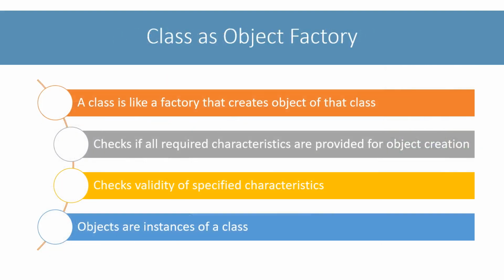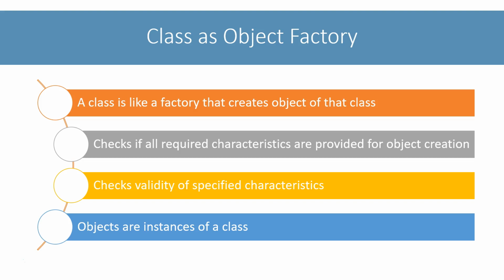Now that we have developed some basic understanding about classes and objects, let's try to understand why classes are considered object factories. A class has the complete description of the data elements the object will contain, the methods the object can do, the way these data elements and methods can be accessed. How will I get an object of a class? To get an object, I tell the class that I want a new object of this type. Given the values of the characteristics, a class knows how to create an object of itself.